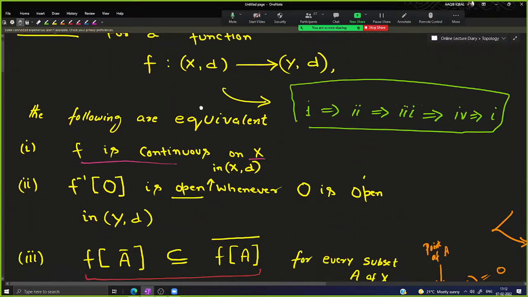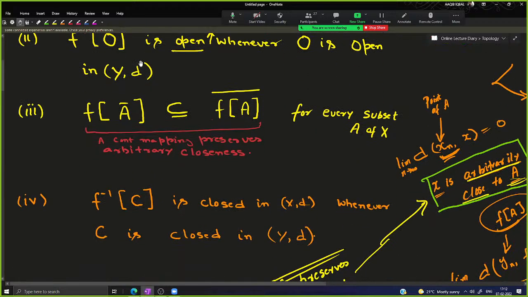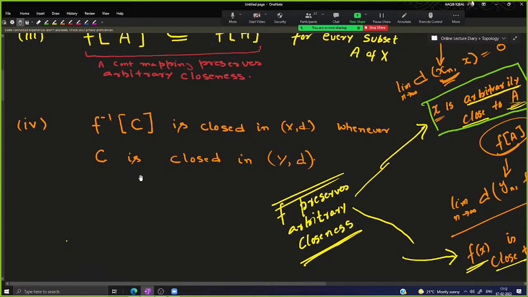अब देखिए कैसे करेंगे इसको। अभी हमने दिखाया 1 implies 2, 2 implies 3, अब मैं आपको दिखाऊंगा 3 implies 4। इसके लिए हम क्या करेंगे, will assume 3 and will prove 4। A assume करने का मतलब ये होगा f of A closure is contained in f of A whole closure, that means mapping preserves arbitrary closeness। और मैं आपको दिखाऊंगा that it pulls closed sets back to closed sets, that means f inverse C, this will be closed in X d whenever C is closed in Y d। ठीक है, तो हम ये करेंगे।